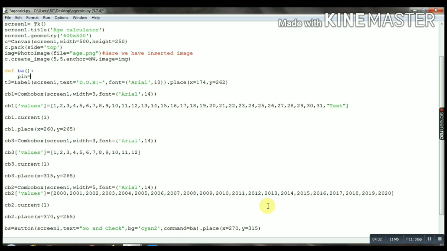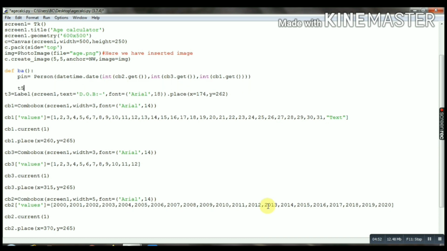Let's create a variable pin, for which I will create a class named Person, in which I will pass the date that we have taken from the user, that input, using int get. We have got that input. Now we will place a text: hi, you are age years old.